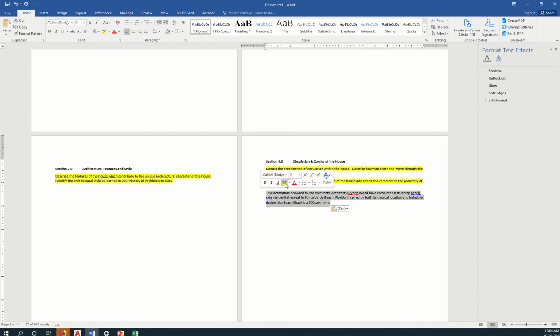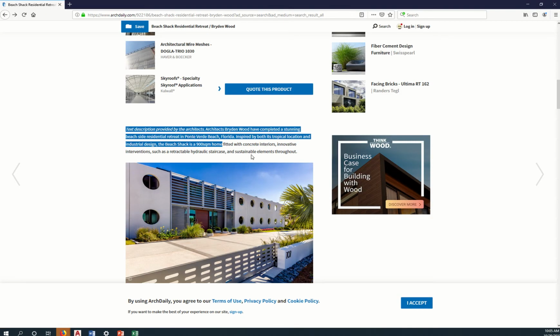Again, I would like to highlight that because I do need to paraphrase this, and cite my source using in-text citation. So I'll place here from the article of the architect in Arch Daily, he writes that this beachside residential retreat can be found. Okay, so you rewrite and paraphrase the text, but you do want to go here and use those research,